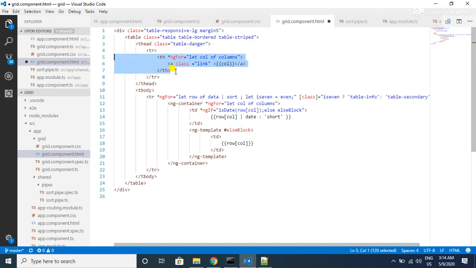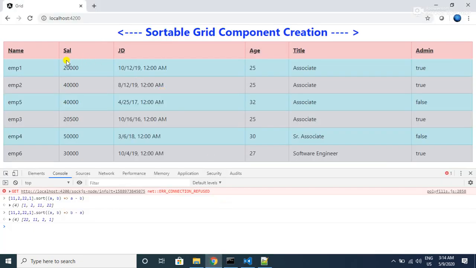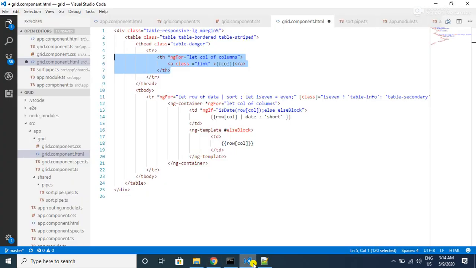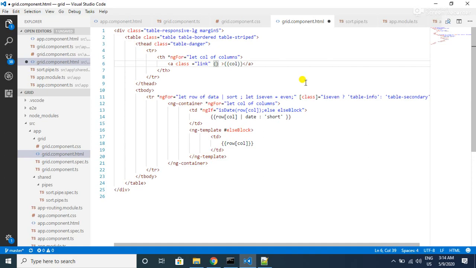Here we have the th elements added in our thead, and we also added an anchor tag. So let's add a click event here. For that, we will be using event binding, and we will use the click event is equal to, and whenever we click on this link, we want to store this particular column name in one variable.